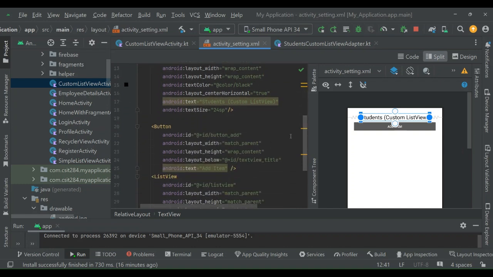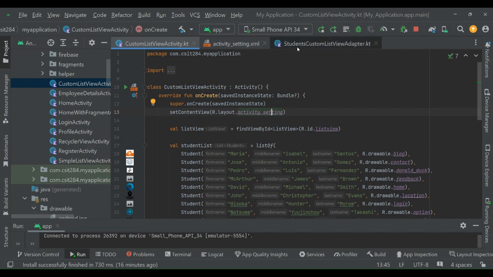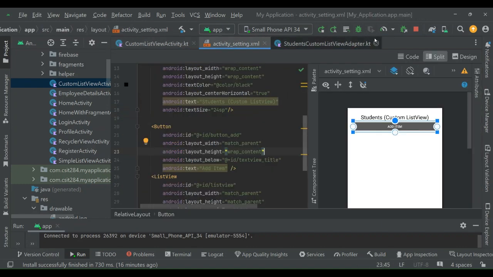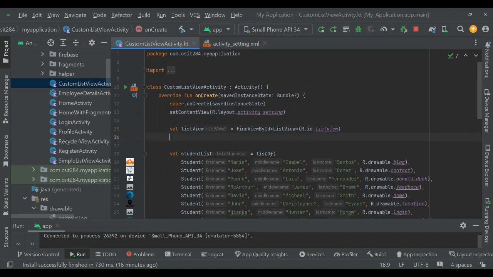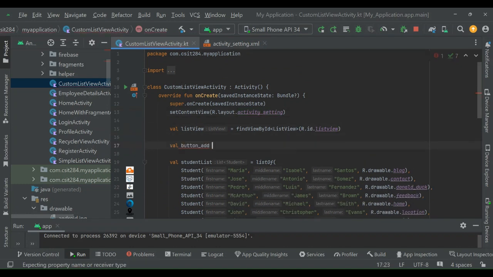Now the scenario here: every time we click this add button, we are going to add an item to our list. We're not going to touch the adapter, though. We are going to handle the button here. Let's create an instance, val button, find view by ID, our button ID, and import button.